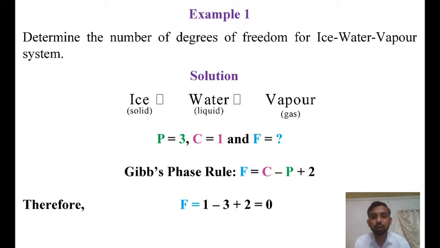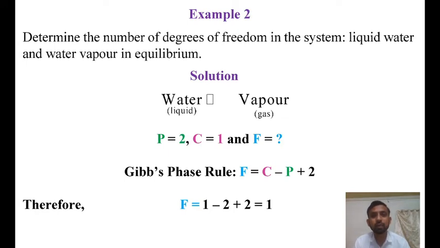That is, in the water system the three phases coexist at the freezing point of water. Since the freezing temperature of water has a fixed value, the vapor pressure of water also has a definite value. That is, the system has two variables, temperature and pressure, and both are already fixed. Thus the system is completely defined automatically, there being no need to specify any variable. Therefore F is equal to 0.